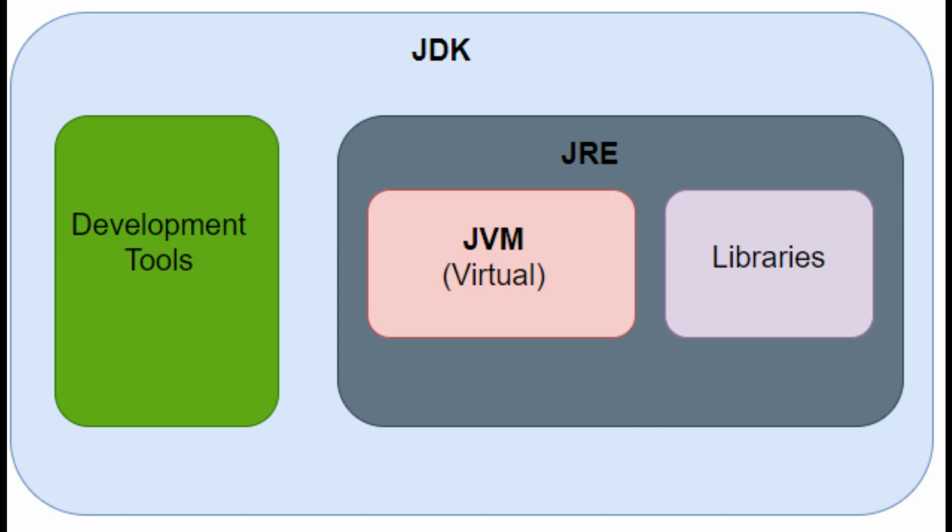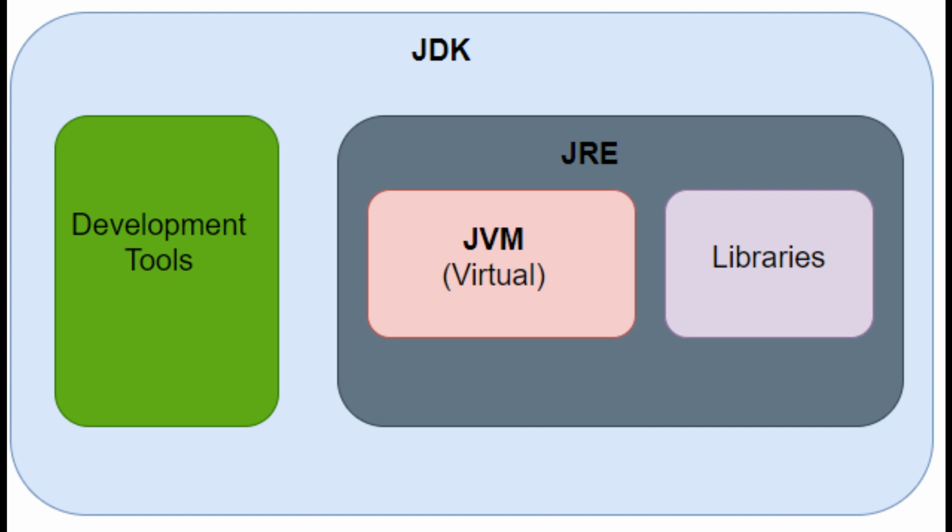Let's discuss more on JDK and JRE. JDK stands for Java Development Kit and JRE stands for Java Runtime Environment. The development, compilation and execution of Java programs is taken care by JDK, which contains two main components, development tools and JRE. Development tools required to develop Java applications, and JRE contains libraries and files required by the JVM for executing Java applications.